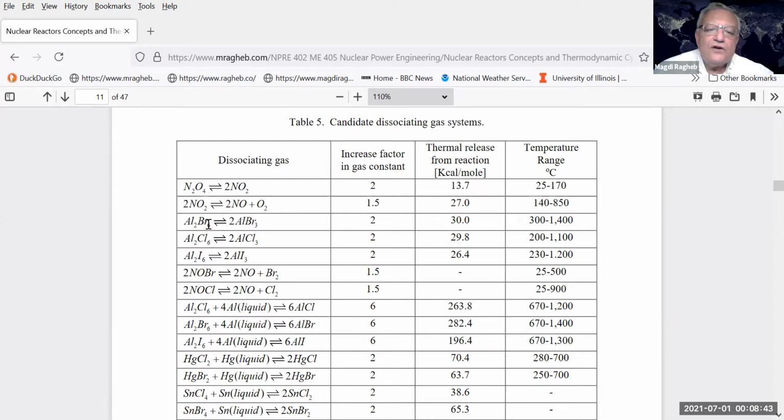You can use also aluminum bromide. You can use aluminum chloride. All of these are dissociating gases. You could see here the gas constant 2, 2, 2. And you can even find gases like aluminum chloride plus liquid aluminum, where the increase in the gas constant is 6. So when you double the amount of work per unit mass of the coolant,